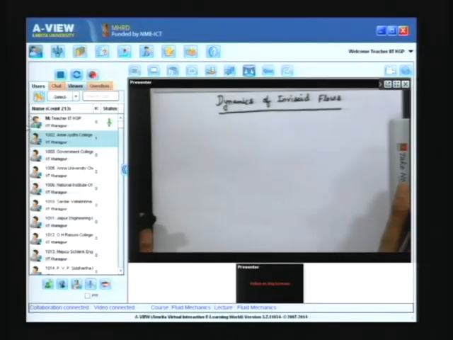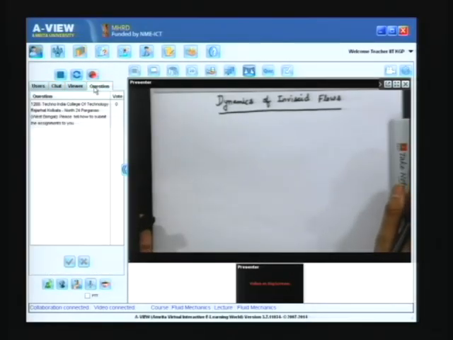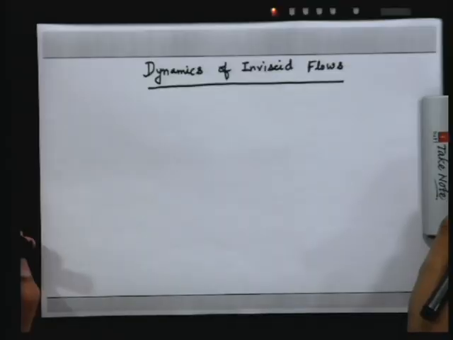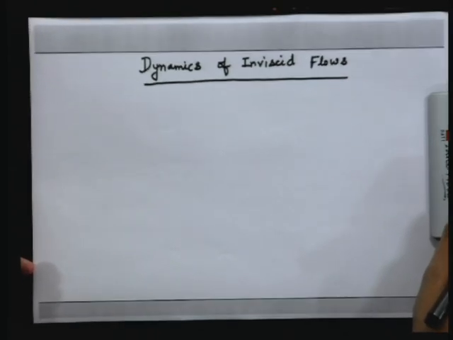So, what we essentially intend to cover is the dynamics of inviscid flows. You have learnt the differential equations which describe the statics of fluids. Now, if the fluid is in motion, there can be various forces acting on the fluid, but it is possible that out of the various forces, the viscous forces are absent or not important. For example, close to the solid boundary viscous